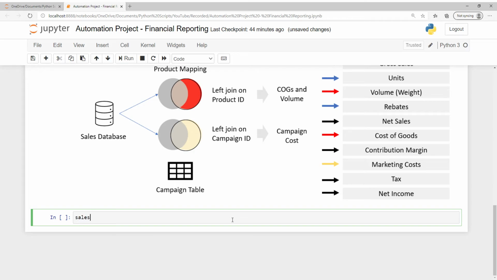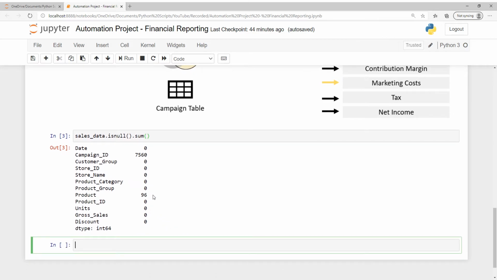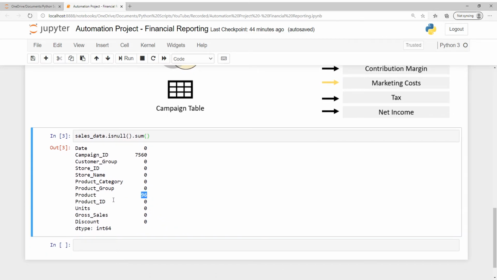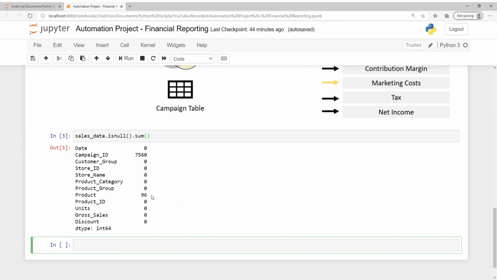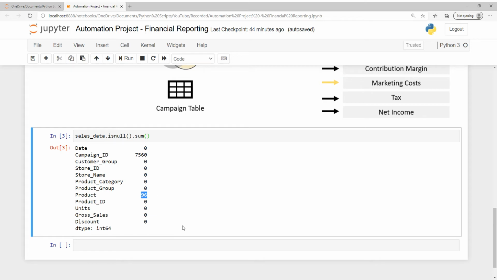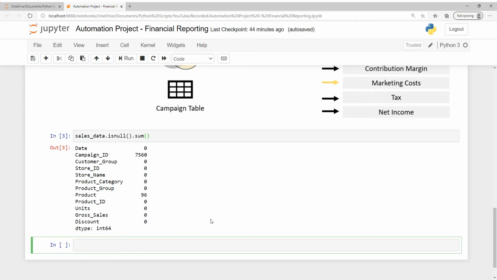So sales data null sum. As you might have seen from previous videos, we have some missing product names, but we have all the product IDs. Hypothetically, if we couldn't find these names and the business wanted to know the impact of not knowing them, it would mean there are some missing sales for certain products, and we can work that out by doing something like check gross